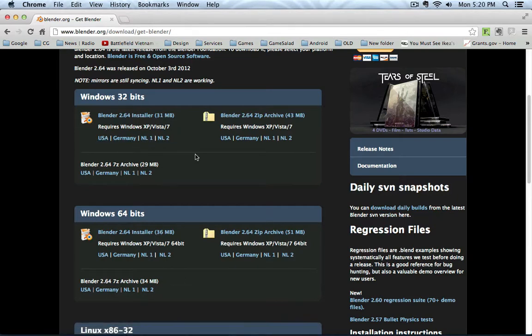server links here. If you are very unfamiliar with setting up file associations, I would advise you to download the installer and not the zip archive. If you go this way, for example, if you download a file that was created with Blender and you double click it, then Windows immediately knows that that file was created with Blender, thus it starts Blender and then opens